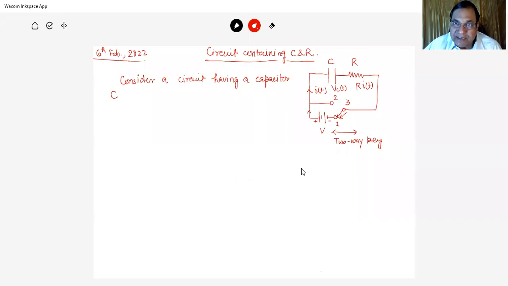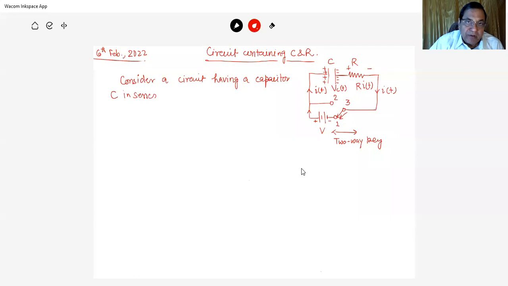तो कैपेसिटर का जो प्लेट है वो एक प्लेट पॉजिटिवली चार्ज्ड हो जाता है और दूसरा प्लेट निगेटिवली चार्ज्ड हो जाता है, और फिर रेजिस्टेंस का this is plus point and here it is minus point and it is the current flowing in the circuit. इस सर्किट की एनालिसिस करना है तो कंसीडर a circuit having a capacitor C